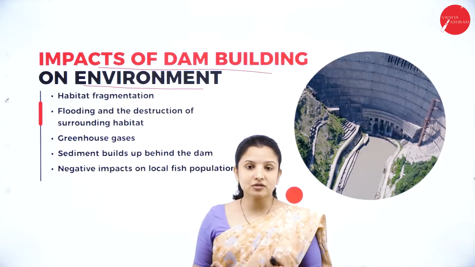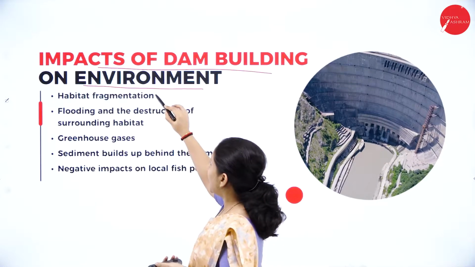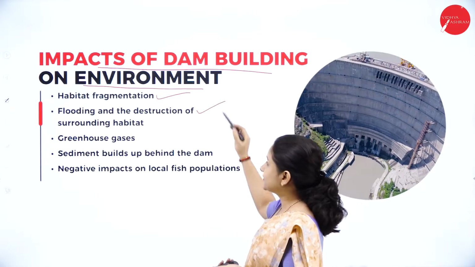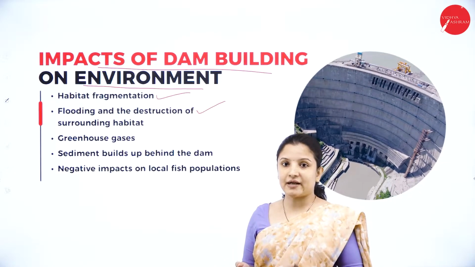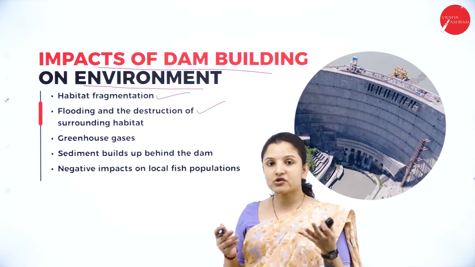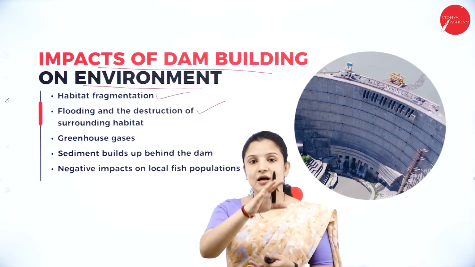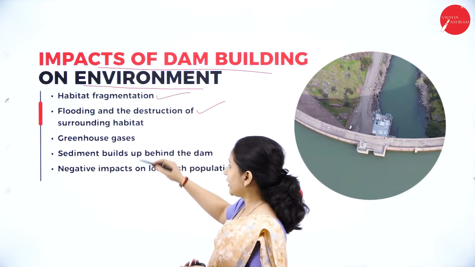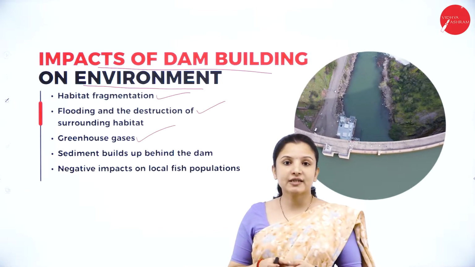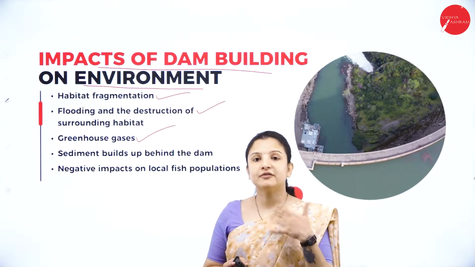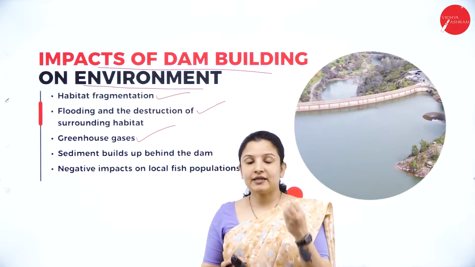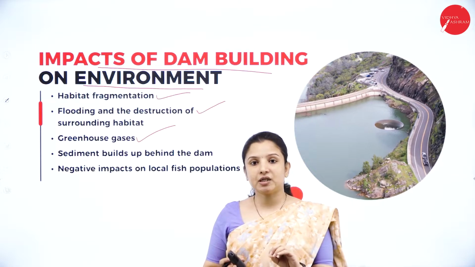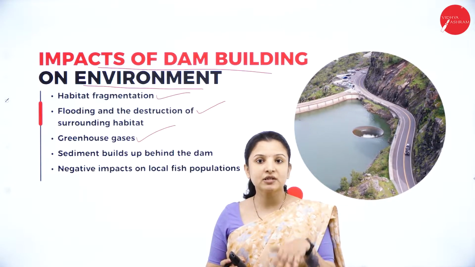First, because of the construction of a dam, habitat fragmentation will occur, along with flooding and destruction of the surrounding habitat. That is, wherever a dam is built on a river, the surrounding habitat will get flooded and destroyed. Next, the greenhouse gases will increase because the flooding will kill the trees. Therefore, the population of trees in that particular area will drastically reduce,